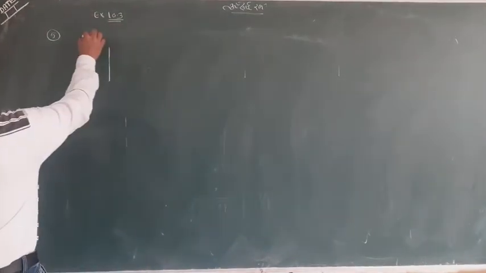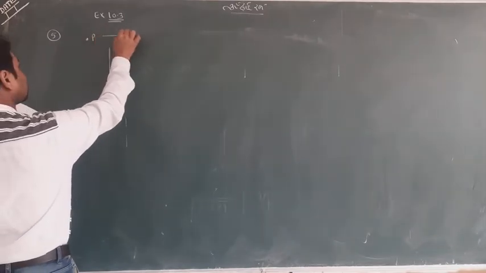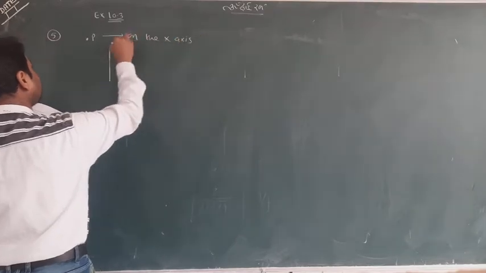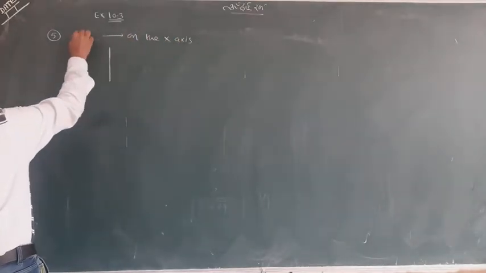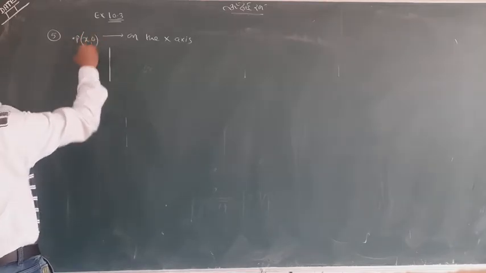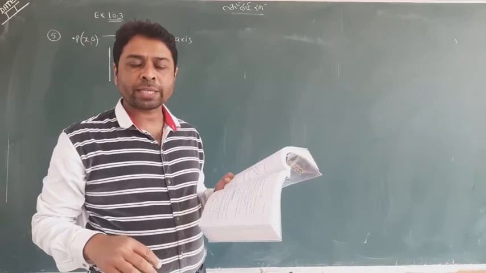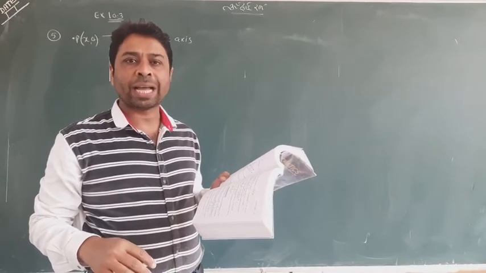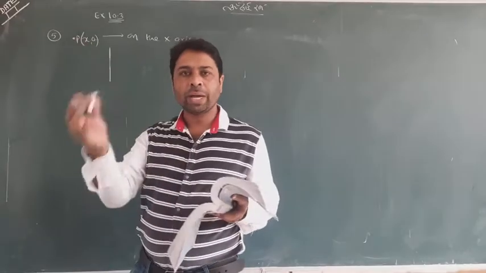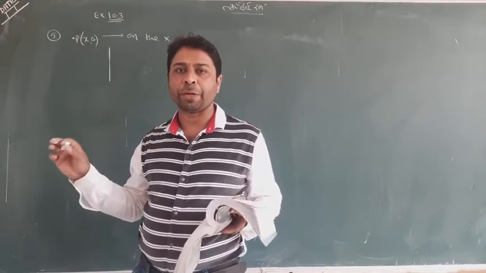Suppose this is a point which is on the x-axis. One should know that if the point is on the x-axis, P will definitely have coordinates (x, 0). Any point on the x-axis looks like P(x, 0) because the y coordinate will be 0. So we have to find the point P.